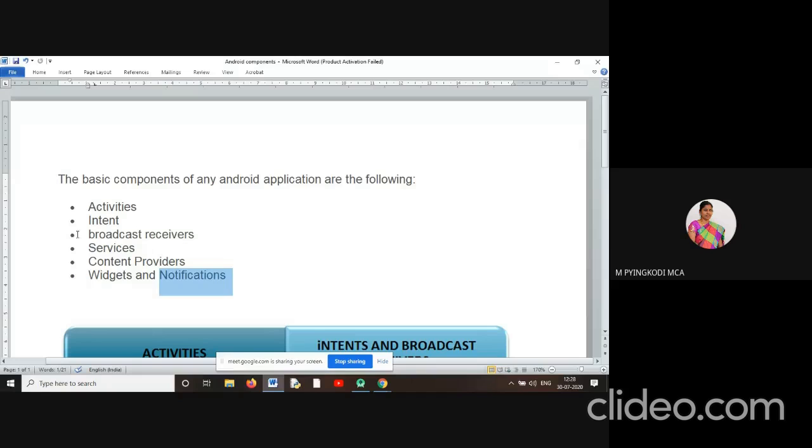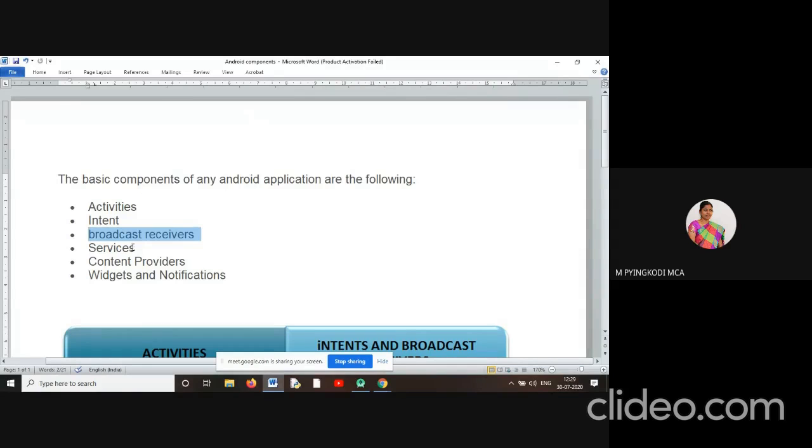For this broadcast to work, this intent will help. This intent will inform the broadcast receiver that you have one notification to display to the user. It acts as a receptor, intimating the users in the form of notification. When the battery is low and gets down to 0%, your Android phone gets switched off, right?